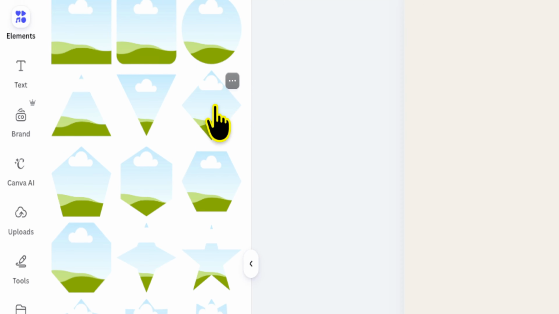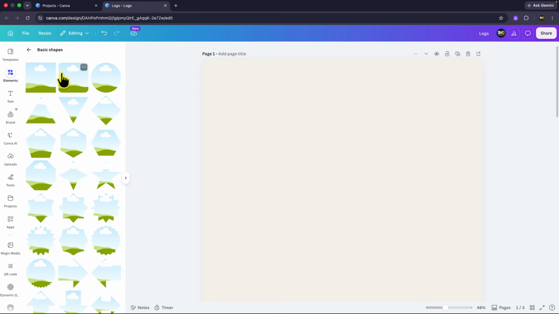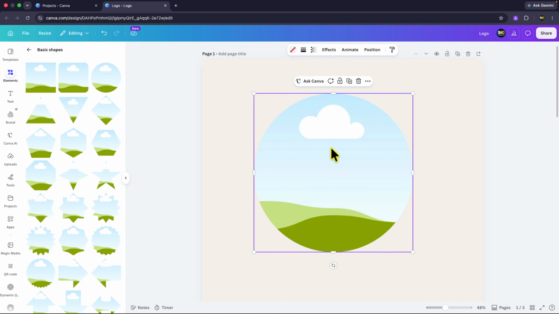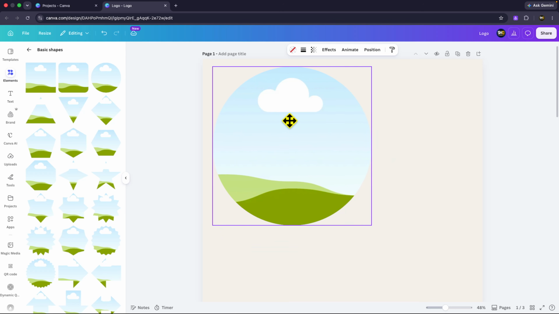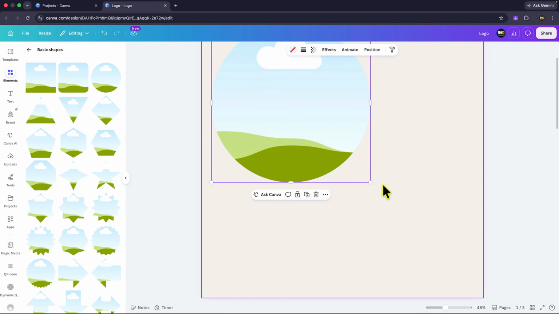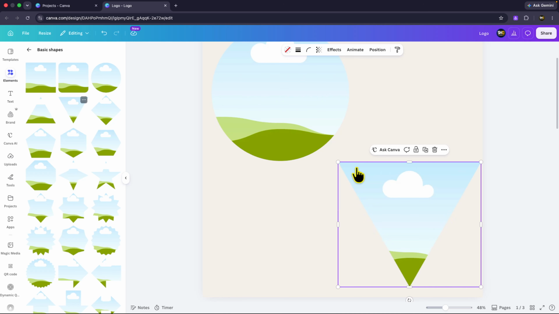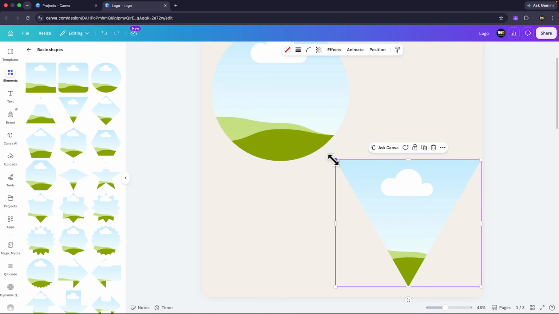So once you find the shape that you want to work on, simply click and drag that shape onto your page. Now that you have the shape that you want to work on, I'll actually get two, so we can use two different examples. So once you have the shape that you would like to work on,